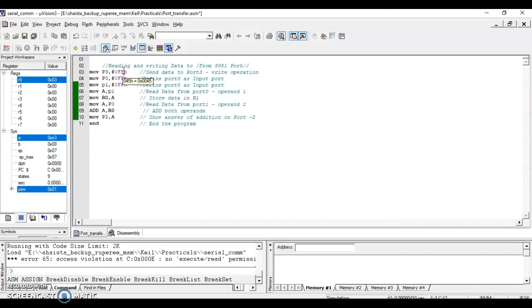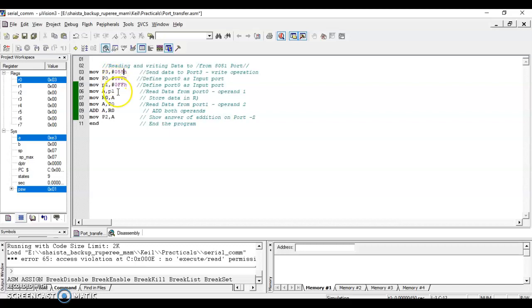This can be imagined like this: if LEDs are connected on port 3, then on each port pin one LED will be connected. So there are 8 LEDs which can be connected on port 3. If I am sending FF, that means I am making all LEDs on. If I am sending 55, that means this is 01010101, so I am making alternate LEDs on. So LED is one of the output devices which I can connect on a port pin. We can drive a motor. We can have many things connected on port pins as an output.